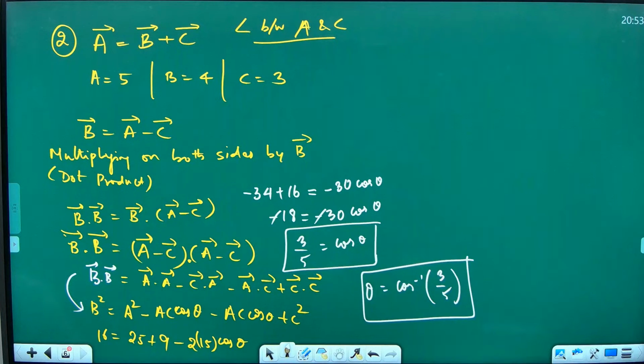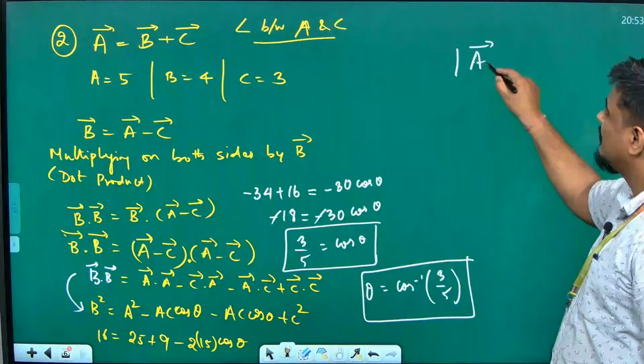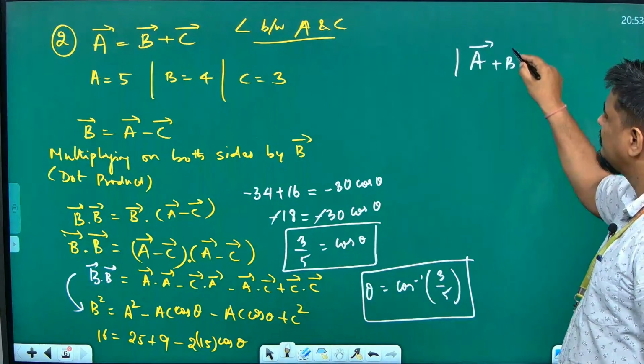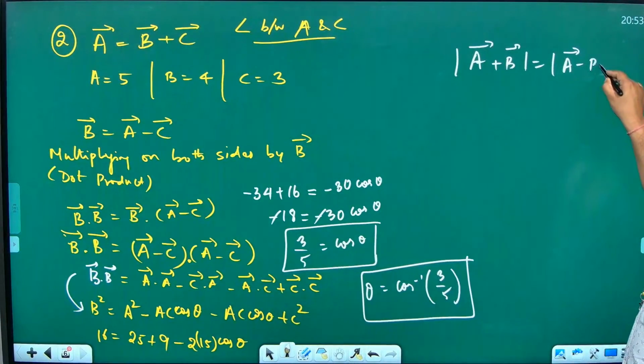If magnitude of A vector plus B vector, the moment I am saying magnitude, you should put the bar. If magnitude of A vector plus B vector is equal to magnitude of A vector minus B vector,